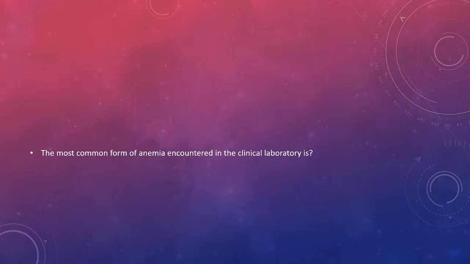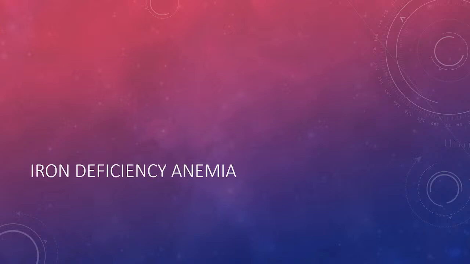The most common form of anemia encountered in the clinical laboratory is iron deficiency anemia, whatever the cause of the iron deficiency, it doesn't matter. It is another high yield question that might be asked from you. It could be phrased such as this: which of the following anemias would you encounter in the clinical laboratory most of the time? Or it could be asked as the most common form of anemia encountered in the hospital setting. Those are the types of questions in which the examiners are trying to see whether or not you understood the material. All right. So we're going to move on with iron deficiency anemia.